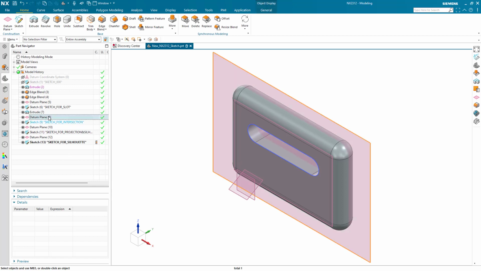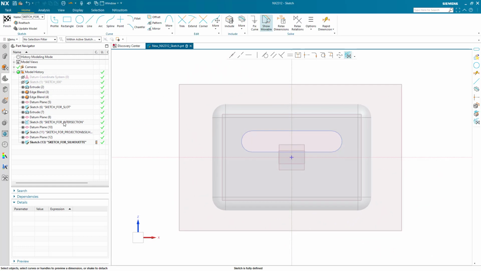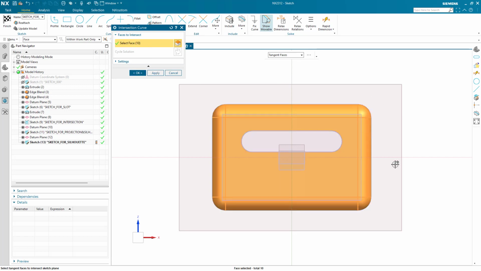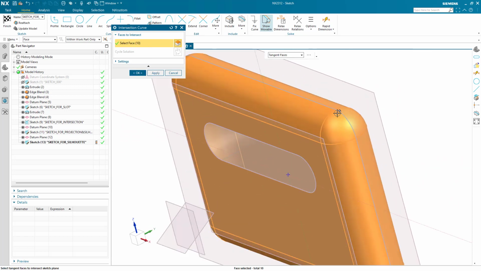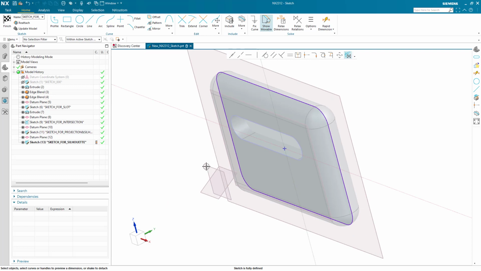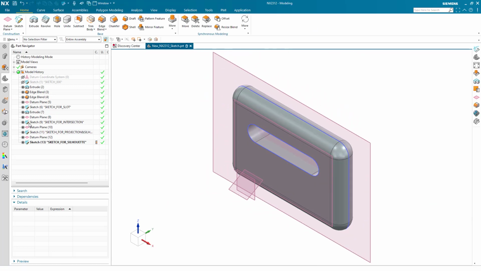First, I'm just going to show some of the other older curve methods and explain the difference. So right here, I'm going to show the intersection curve. And as we know from intersection curve, the sketch plane actually has to intersect the faces of our solid body. As you can see here, this plane intersects those faces and it's creating a curve at the intersection. But what if we wanted that at a different plane that didn't intersect?